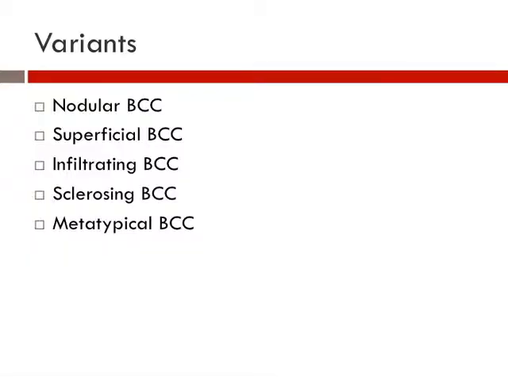There are many variants of it. The most common variants are nodular basal cell, which basically look like a nodule under the scope. That's why we call it that. There is superficial, which is in the very top layer of the skin. There is infiltrating, which has like little fingers underneath the skin, although it's small on top, but it's big